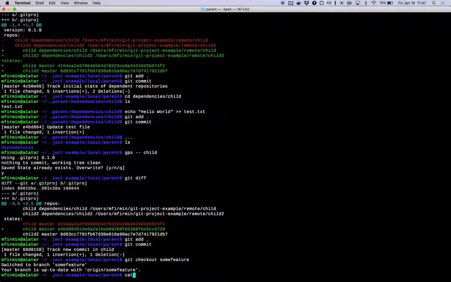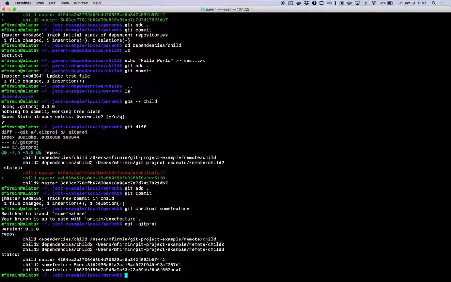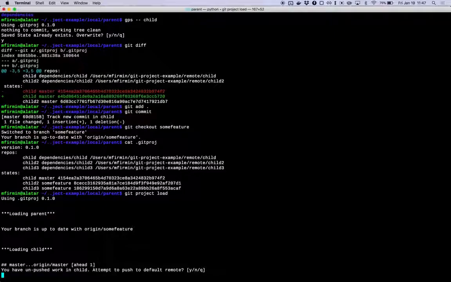And if we look at our .gitproj now, we can see that he is actually tracking a different branch in child 2, and he's also added a third dependency called child 3, which is also tracking a branch called some feature. So here we can just run a git project load, which will automatically load